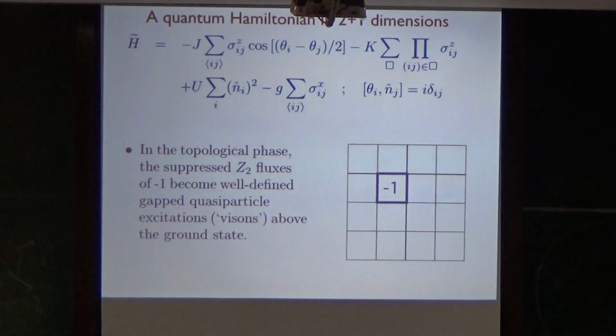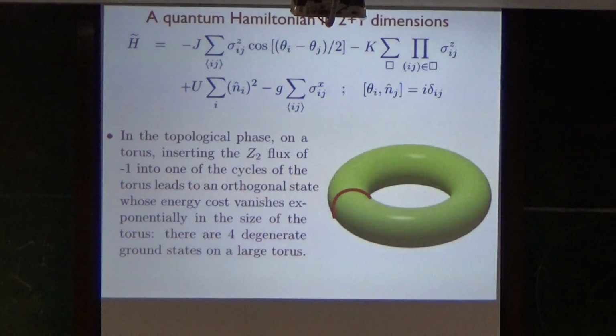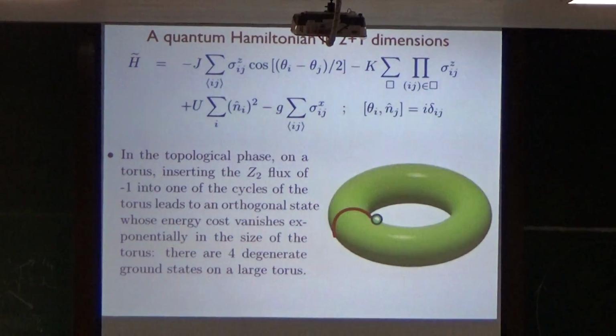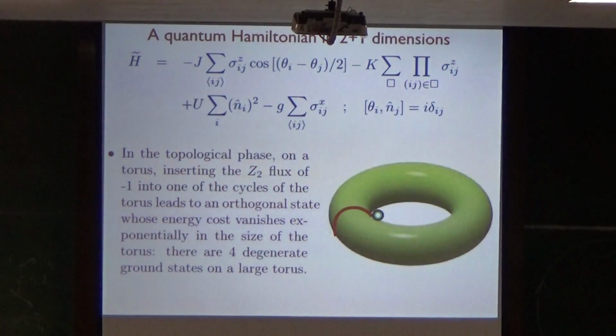Okay. And finally, the other way is what many people have heard about. The most familiar way is to put the system on a torus, and then you can put that flux pi through the whole of the torus. So this is the -1s of the sigmas. They go all the way around the torus. Since this is a state with only local correlations, that flux you put through the whole of the torus, if the system is big enough, costs essentially 0 energy. And therefore, the ground state is degenerate when the